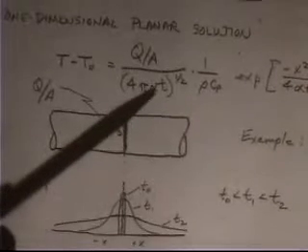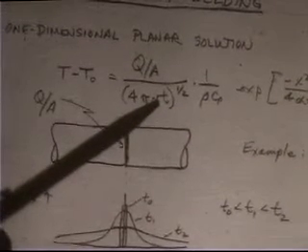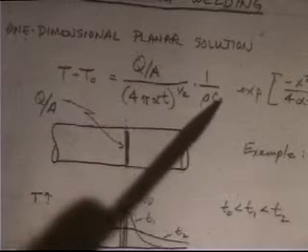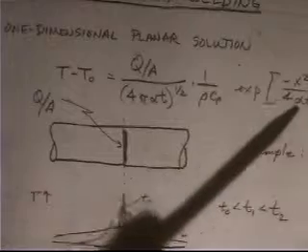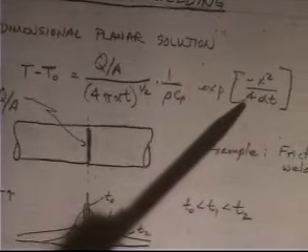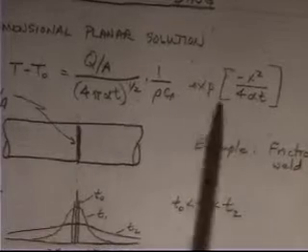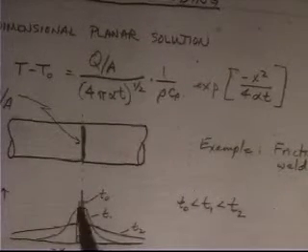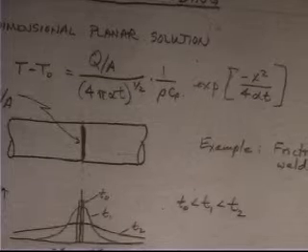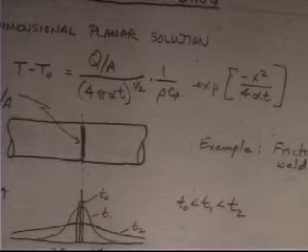This is the heat I put in, 4 pi alpha t, well there's the alpha t, that's the part of the Fourier number here, 1 over rho C sub P, exponential of a pure number, which is the Fourier number divided by 2 squared, whole thing squared, okay? So this is just a Gaussian, exponential minus x squared. It varies with time, and it's a decaying Gaussian. So the heat diffuses out essentially like a random walk process,